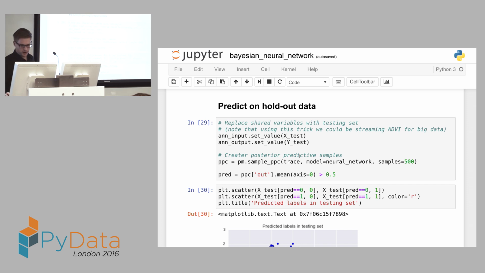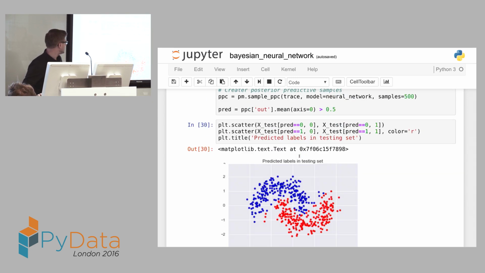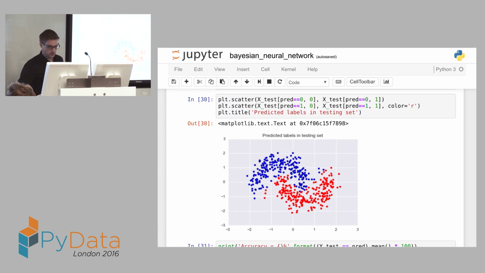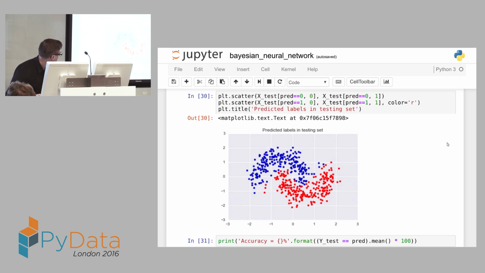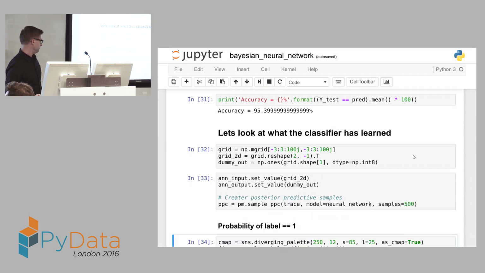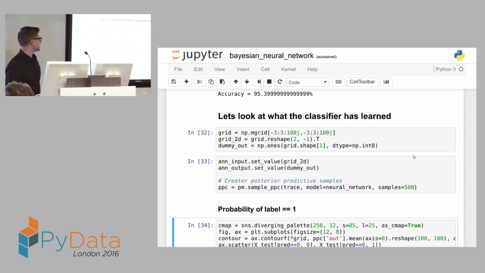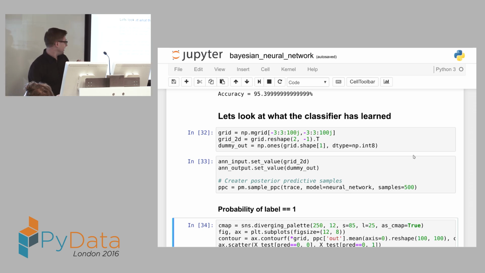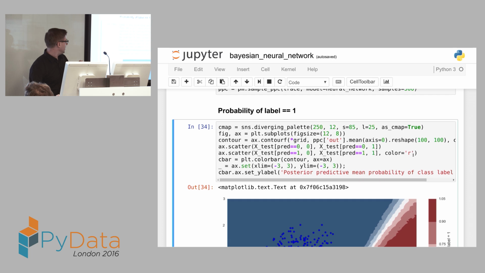And here I'm plotting the predictions on the holdout set, and you can see that it's matching pretty well. So we had 95.4% accuracy, whatever that means. But what is more interesting is we can now also map out the whole space. So basically try and create predictions for every point in the space, and then plot that.